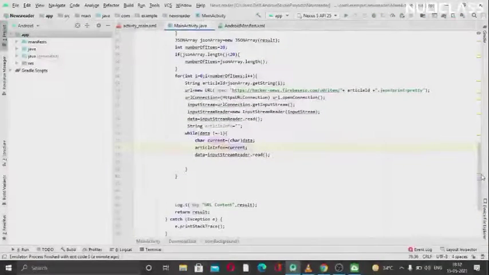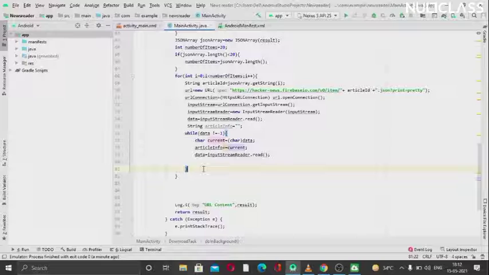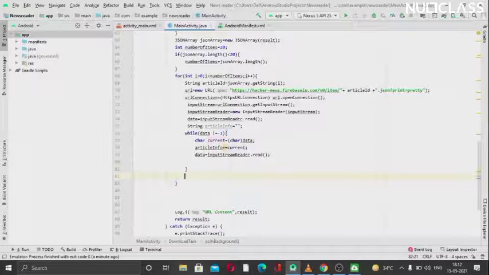We just need to locate the information. We need to show it in the log, so we'll just log the information here. This time we want article information.